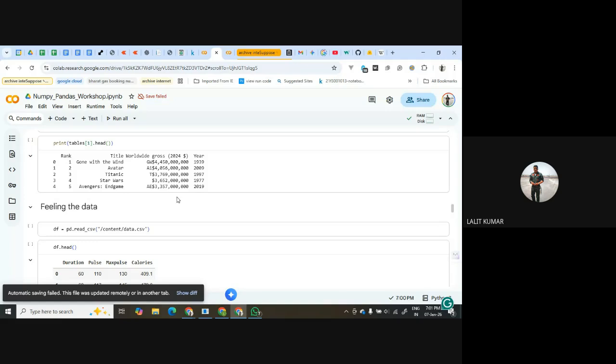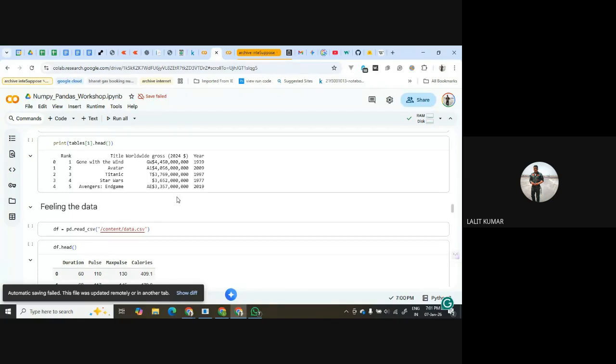Now this was all about the basics of pandas: Series, a column is a Series, a row is a Series, and how to access the data with loc and iloc. If I give you a data frame and ask for the value in the third row and fourth column, we now know how to find that value. I can easily use loc, iloc, and column names. Today we will finish here because we have covered the basics of pandas.